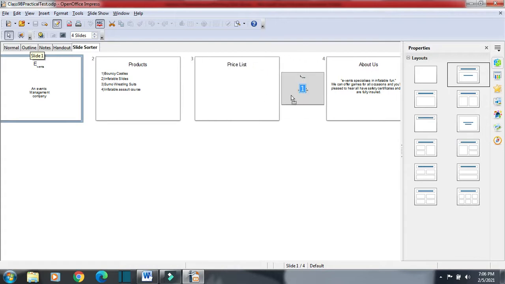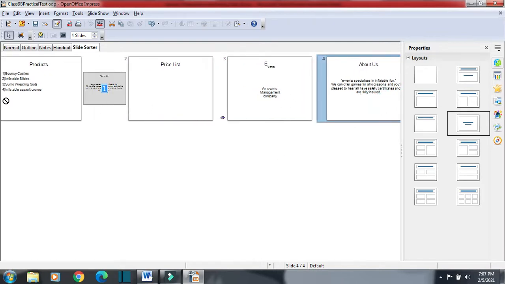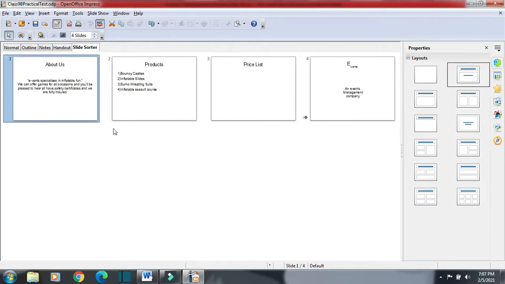If I drag it here, it will come in between these two, and I will release it. You can see this slide has come here between these two slides. So this way we can rearrange our slides by drag and drop. We can make this slide the first slide also. Just drag and release and you can rearrange the slides.